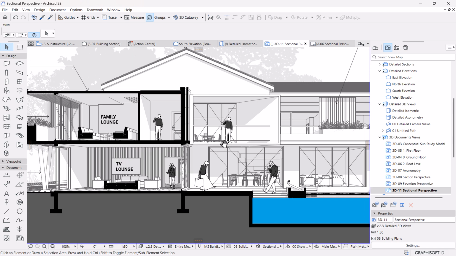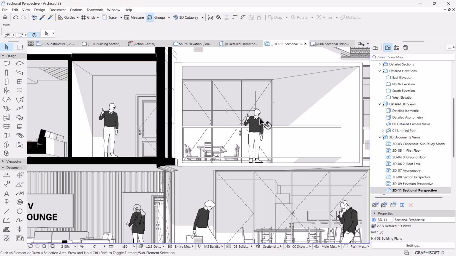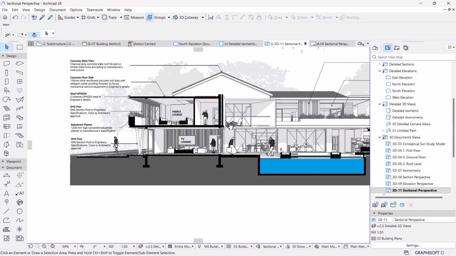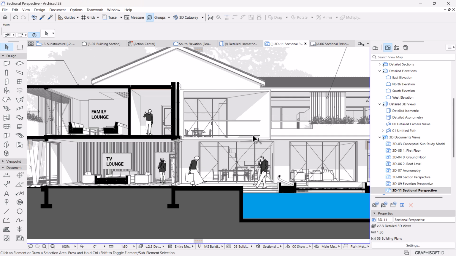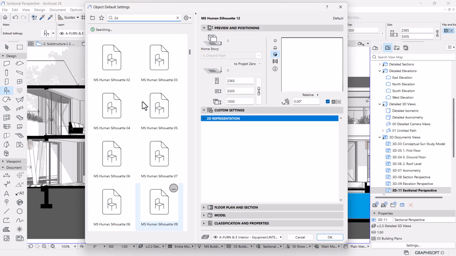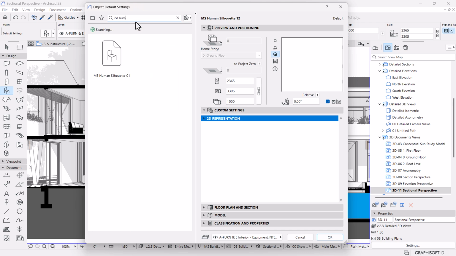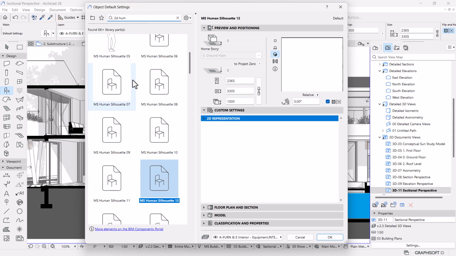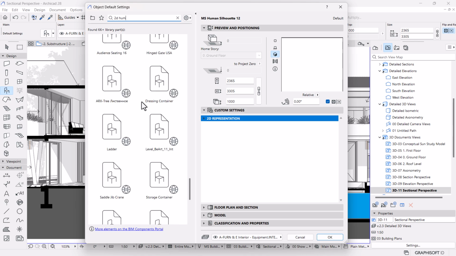It could have been a nice story to have someone standing on the balcony here. I'm not sure with the 2D for ArchiCAD. Let me say 2D human. Where are the 2D human for ArchiCAD? Okay, no, that's fine. Let's go back and save this as a PDF, and